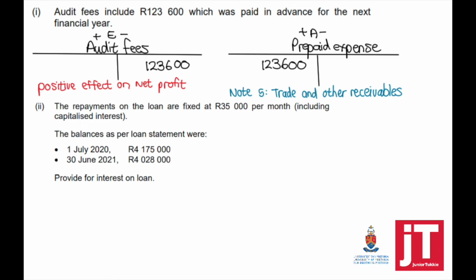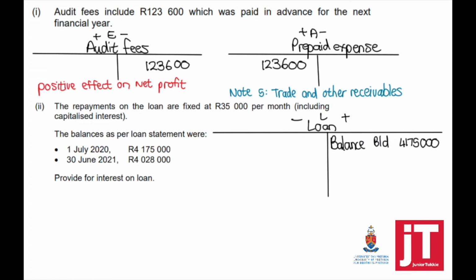Adjustment number 2. The repayments of the loan are fixed at 35,000 per month, including capitalized interest. So the balance on the loan statement was given to you on the 1st of July 2020, and then it says 30 June 2021, provide for interest on loan. So if it's given to you in this way, you can always open up a T account and fill in